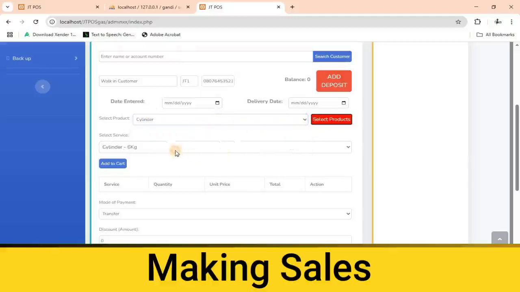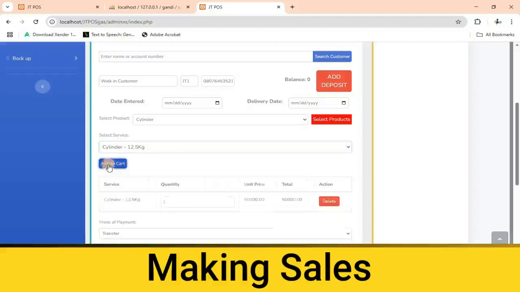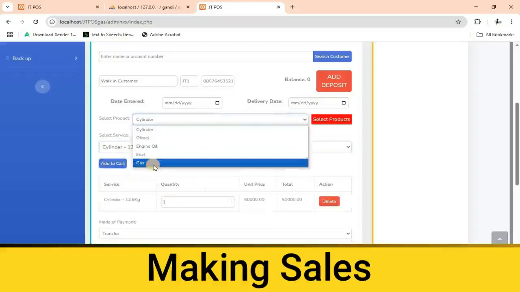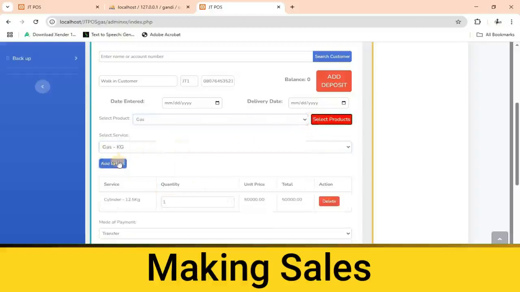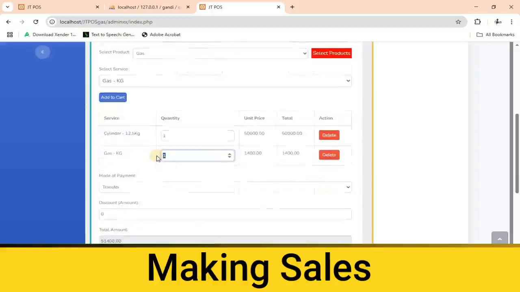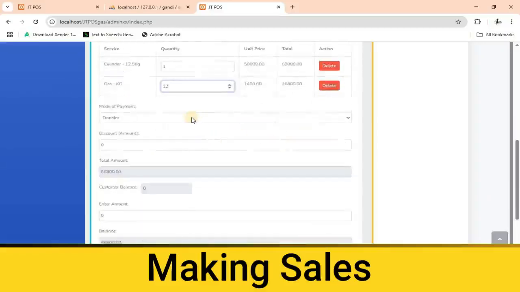You select this, and he's buying a 12 kg cylinder. I can add this to cart. He's buying one. Then aside that, also he's going to be buying gas. I'll select gas and add this to cart. If you're buying, let's assume you want to buy 12 kg. So automatically you can see that the price for this 12 kg has been calculated alongside the cylinder money, and